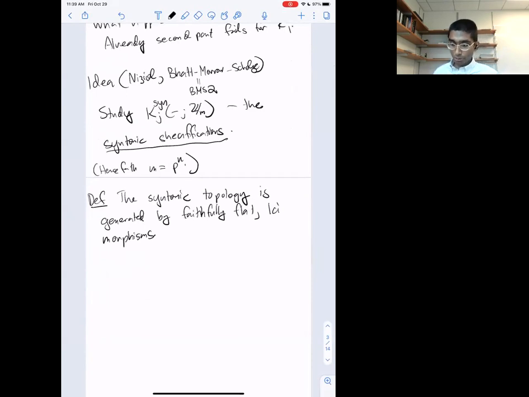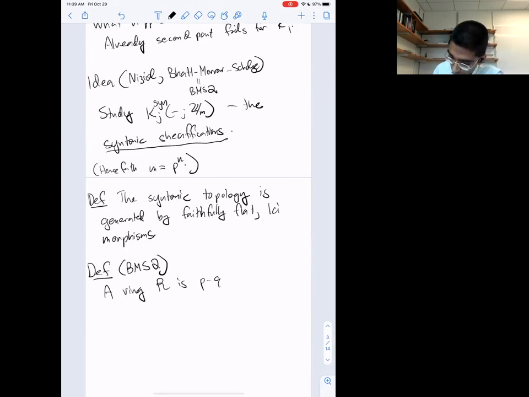Okay. So I should say that this idea of syntomically sheafifying the K groups with mod p to the n coefficients is probably not a reasonable idea completely generally. One needs to assume that the schemes or the rings that you're working with have mild singularities. And so let me make the following definition. This is due to BMS2, or a slight variant of BMS2. So we're going to say that a ring R is p-quasisyntomic